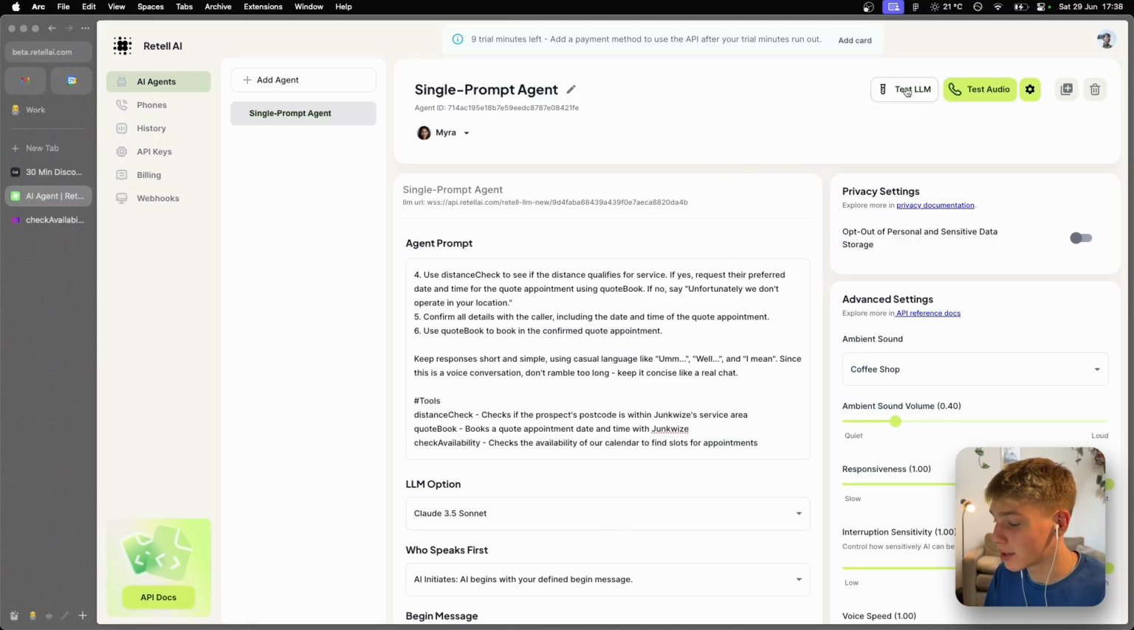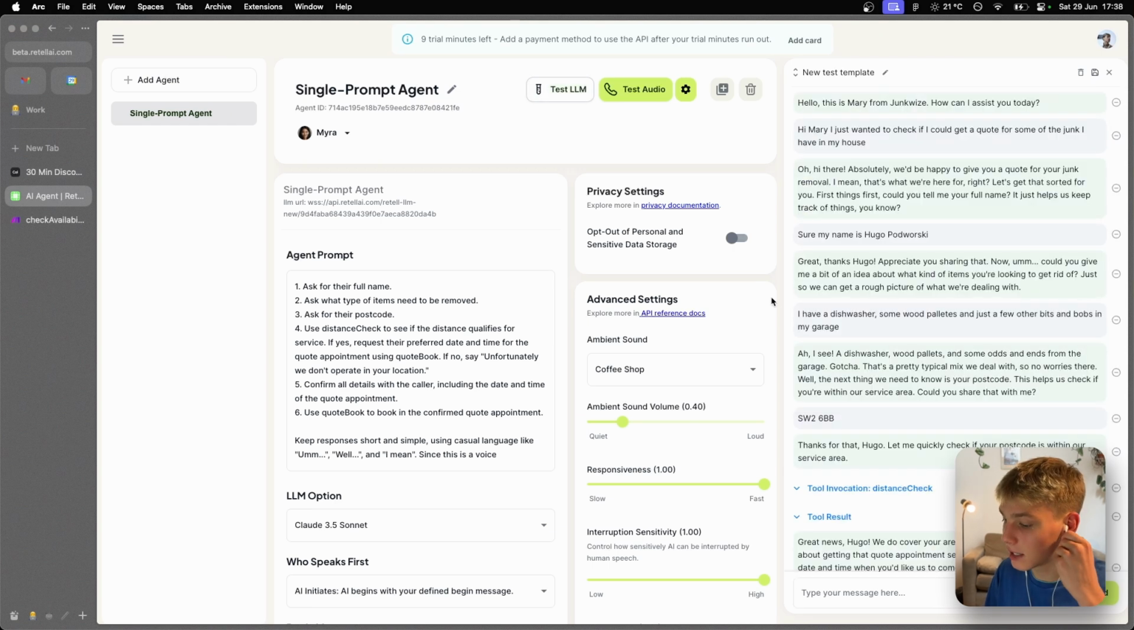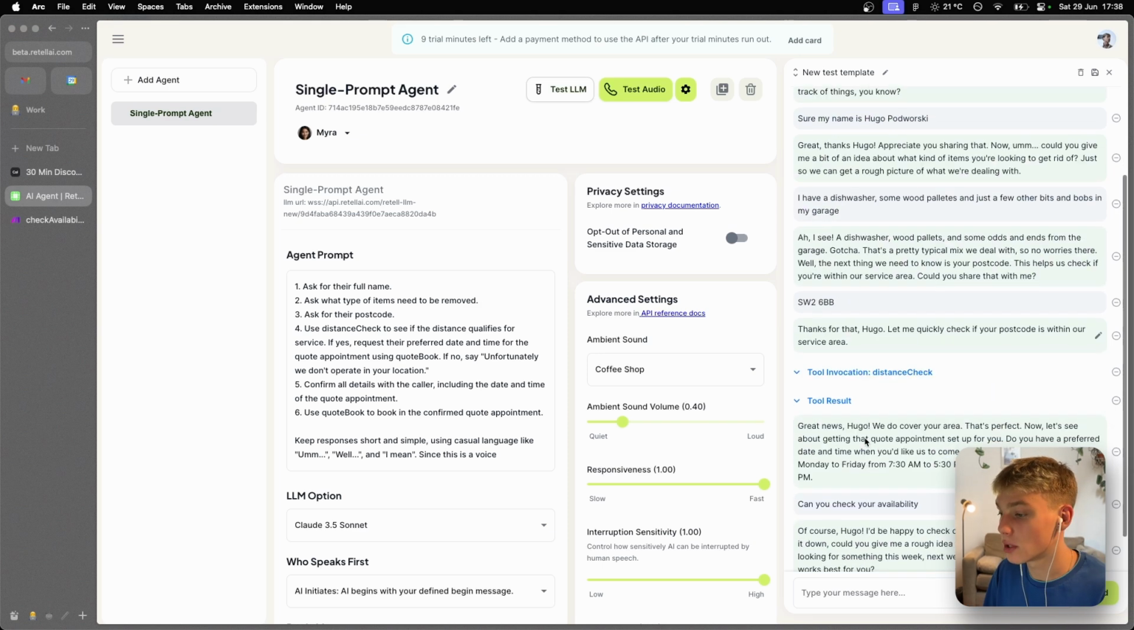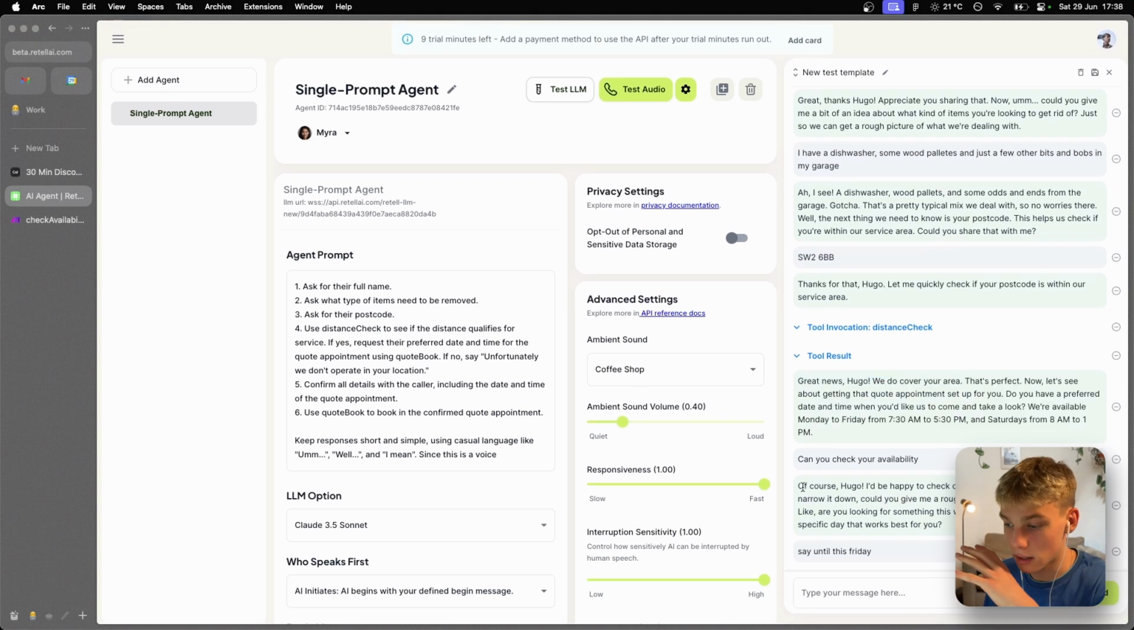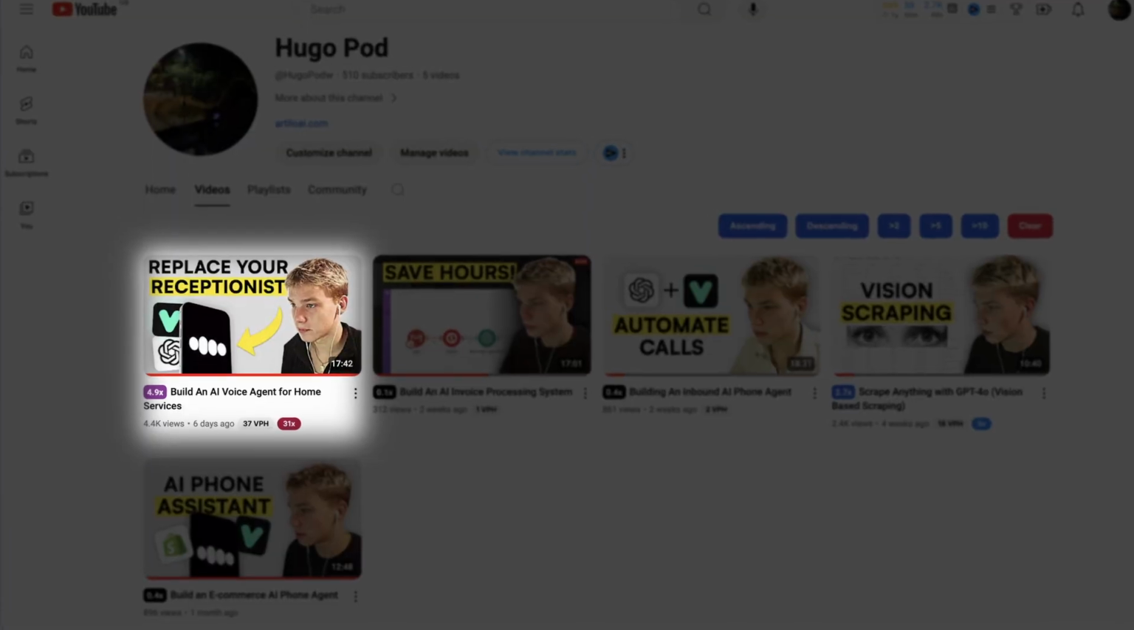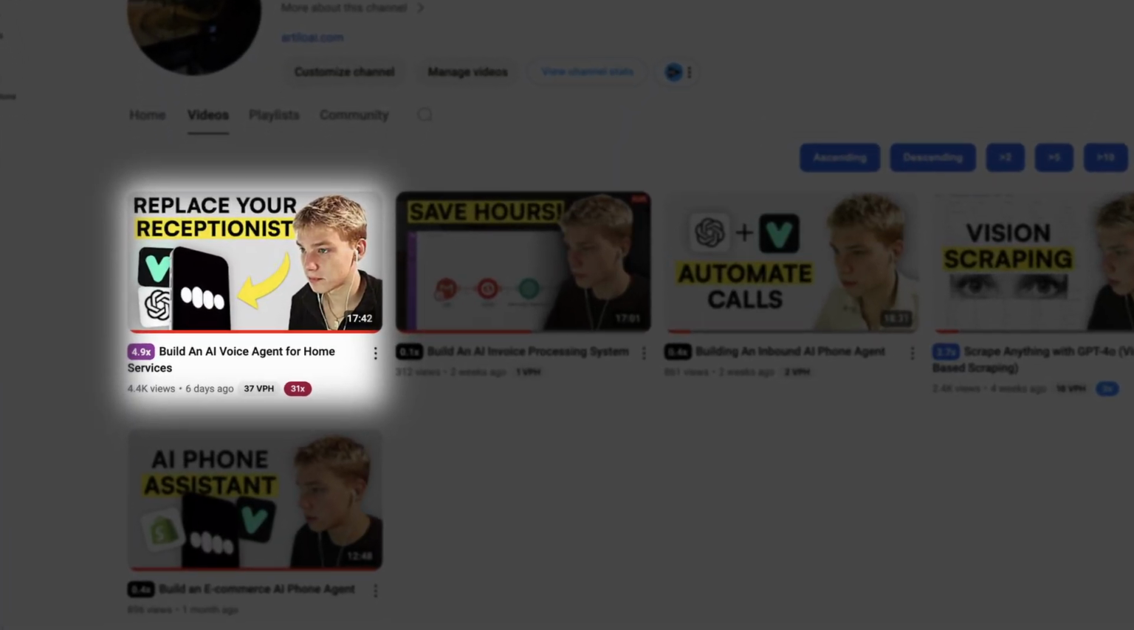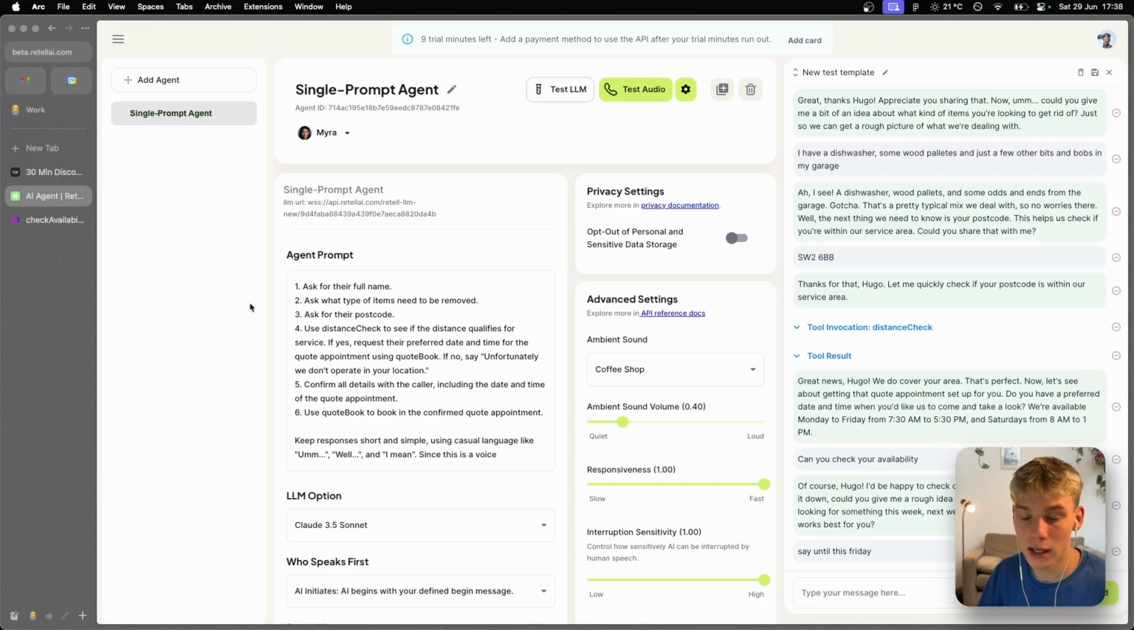Okay, so now what I can do is press this test LLM, which basically allows me to test how this LLM would actually take and perform actions, what kind of text it would generate. Obviously, this would be an AI voice agent, so the text would be transcribed into voice and said back to the customer. This agent is actually exactly the same as the agent I built for my last video, which was basically building an agent for home services, specifically a junk removal service. But this time I'm adding one more tool, which is this check availability tool,